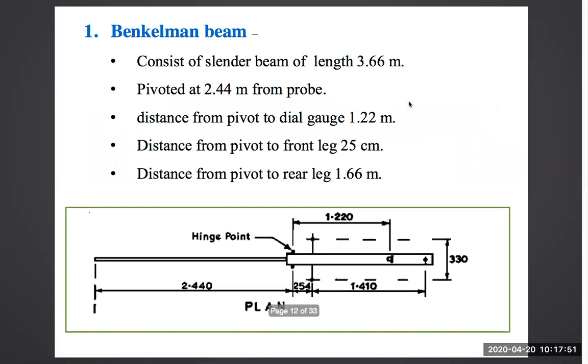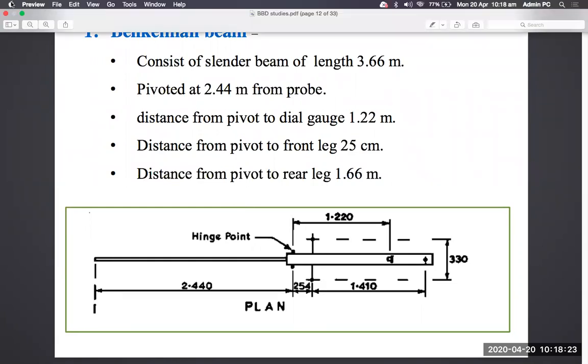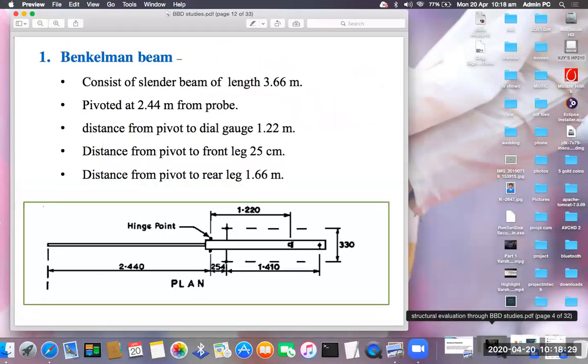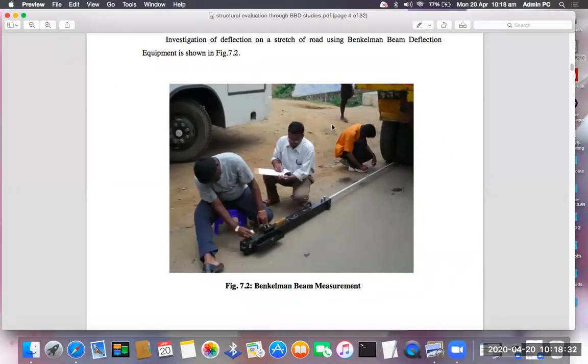Now the equipment, we discussed this. There is the Benkelman beam, a very simple piece of equipment and easy to use in the test procedure, but it is tedious. It involves some manual effort to conduct the test and collect the data from the field. It is a beam wherein you have the probe at one side, which takes the deflection. This is the plan view. I'll show in pictorial form how it looks. So this is how it looks.